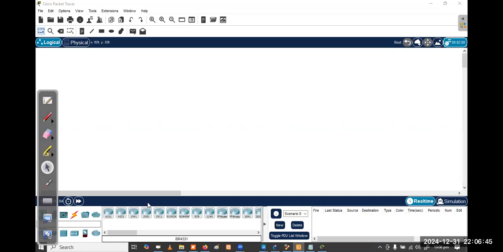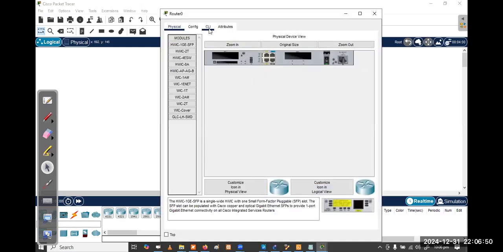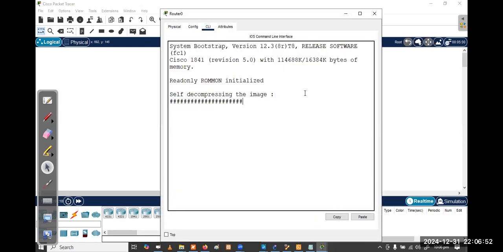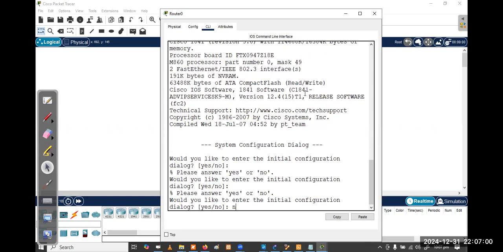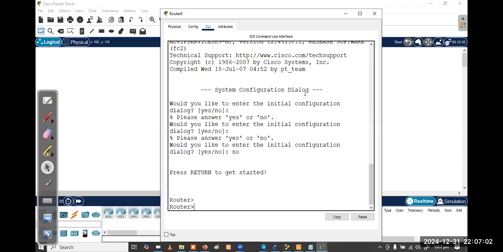So I'm taking one router, going to CLI. Can you see this? This is user mode, right?